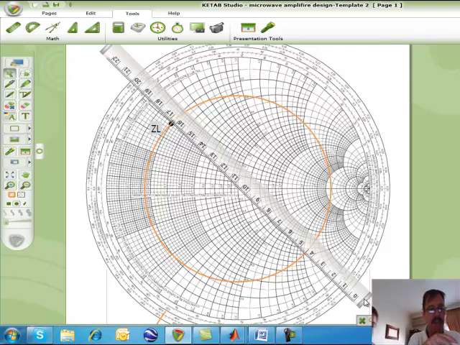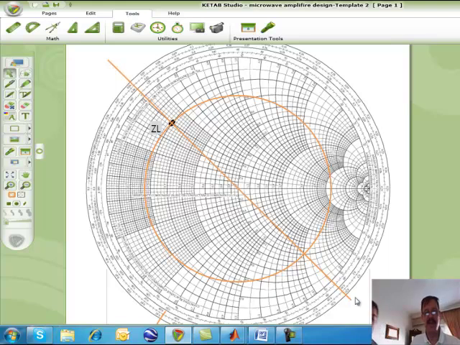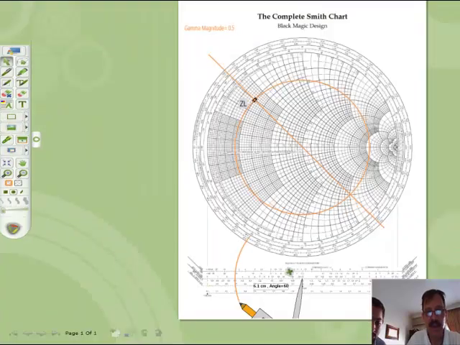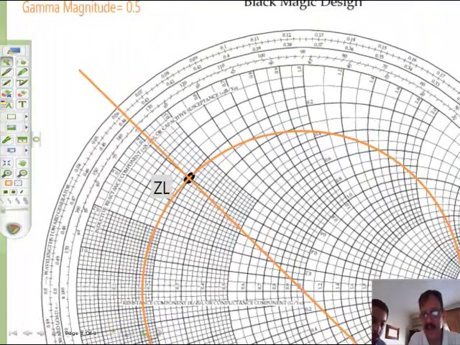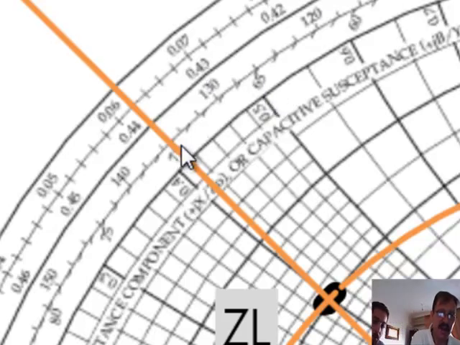And now we draw a line which crosses the whole of the Smith chart. It's not necessary, but I prefer it to be done this way. Now we can remove the ruler, and we zoom. This is the magnitude of the reflection coefficient, and the angle of the reflection coefficient is here, on the second scale up. So the angle is about